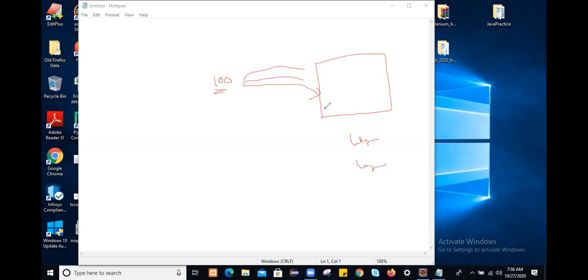So if you are going to test this test case manually, how many times do you have to execute it? 100 times. And manually, every time you need to interact with the application, pass the username, pass the password, and click on the OK button, with valid credentials or with invalid credentials. If you go like this, what will happen? Test execution time will increase. To execute 100 test cases, how many test engineers will be required?